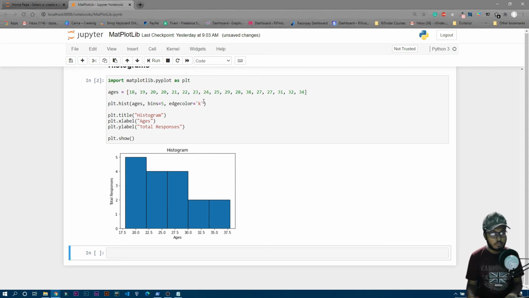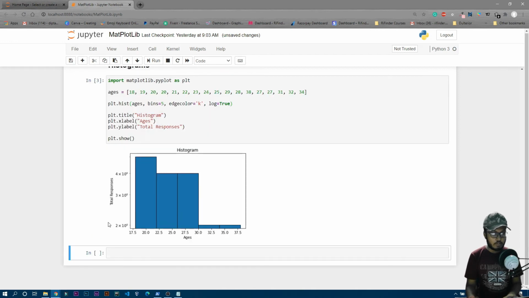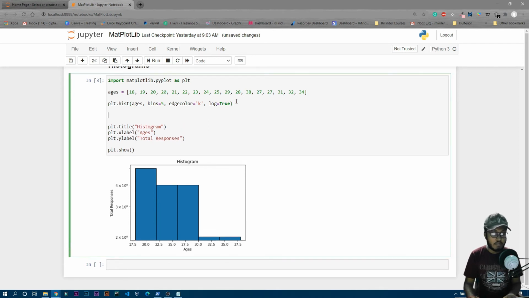For that, you can just write over here log equals true. Now if I run it, you can see these are in logarithmic terms, right? And also you can write some medians, mean, those kinds of things. So let's just assume we have a median of 28 or something like that. So let's just write median equals